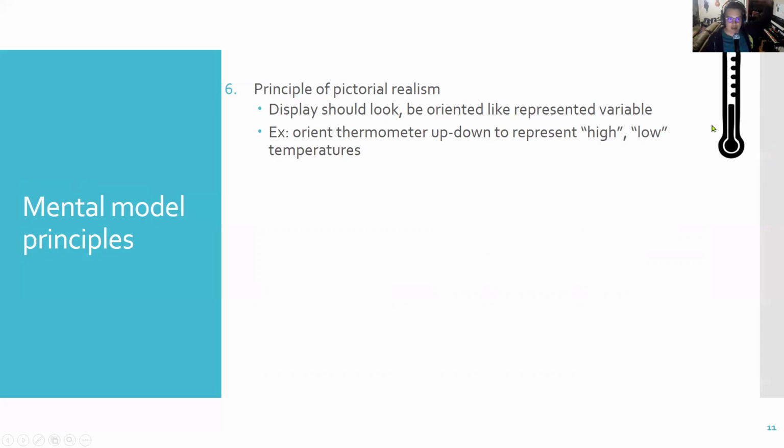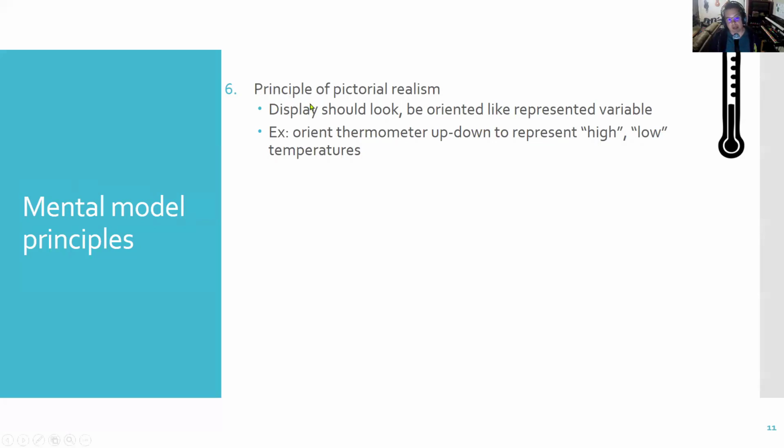There's nothing up or down about the air energy, the molecules of air vibrating at a certain frequency, which is basically how heat is expressed. But this is how the human mental model might fit this. So if I want to convey temperature, I convey it in imagery that is up and down like this. If I wanted to do a bar graph of temperature, and I oriented it left and right, or in some other shape, it wouldn't fit my normal mental model for how people think about temperature. So pictorial realism